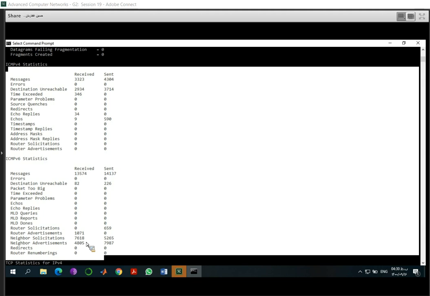I never ask you to send me your captured information. But if you want to save this information, you can do this. For example, netstat -s, and use this pipeline strategy.